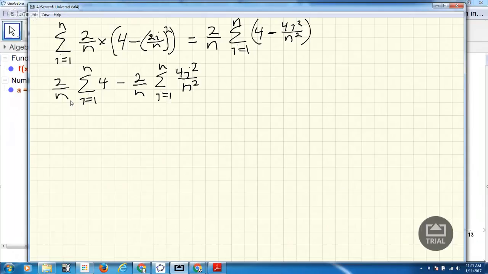Now, focusing on this part right here, 4 is constant compared to the variable of the summation i, and n is constant also. So the 4 over n squared can come out too. So rewriting that part, let's switch colors just for fun. This right here is just a whole bunch of 4s added up. How many 4s? n of them. So that first part becomes 2 over n times 4n